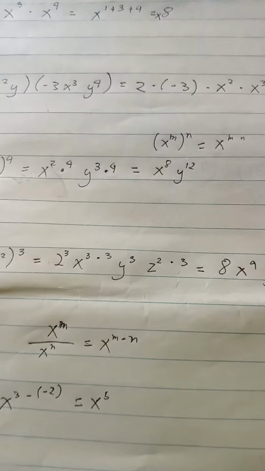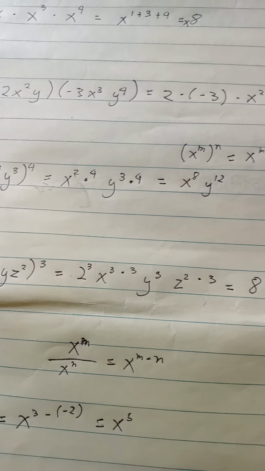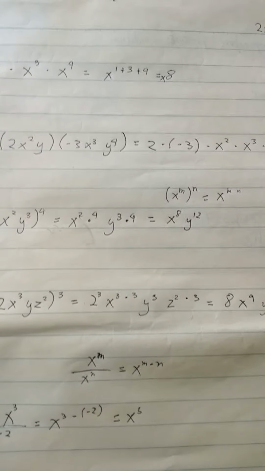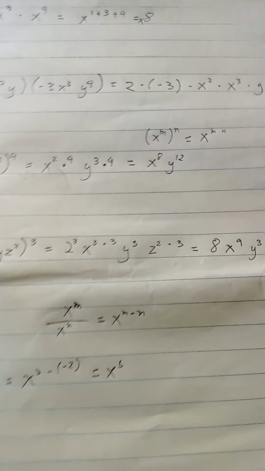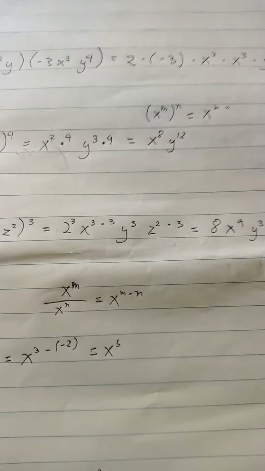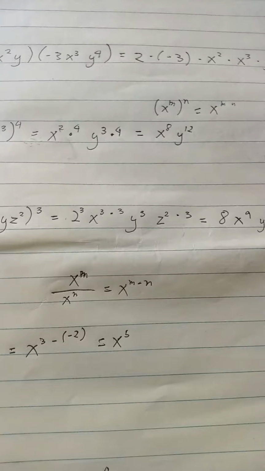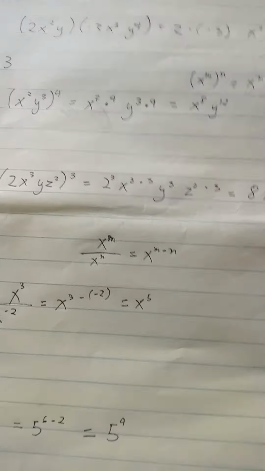Now the last exponent rule on the list is the quotient rule. The quotient rule states that when dividing monomials that have the same base, subtract the exponents. So instead of multiplying or adding the exponents, we instead subtract them. Here in the shown formula for the quotient rule, our first example is